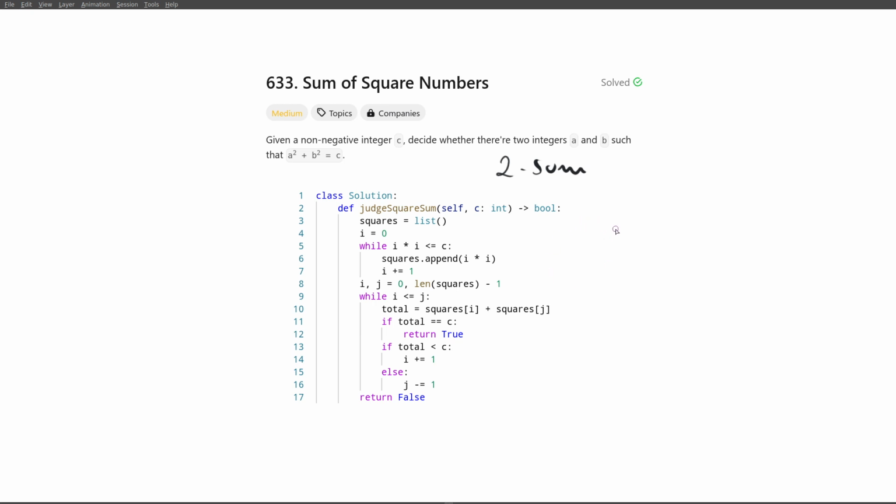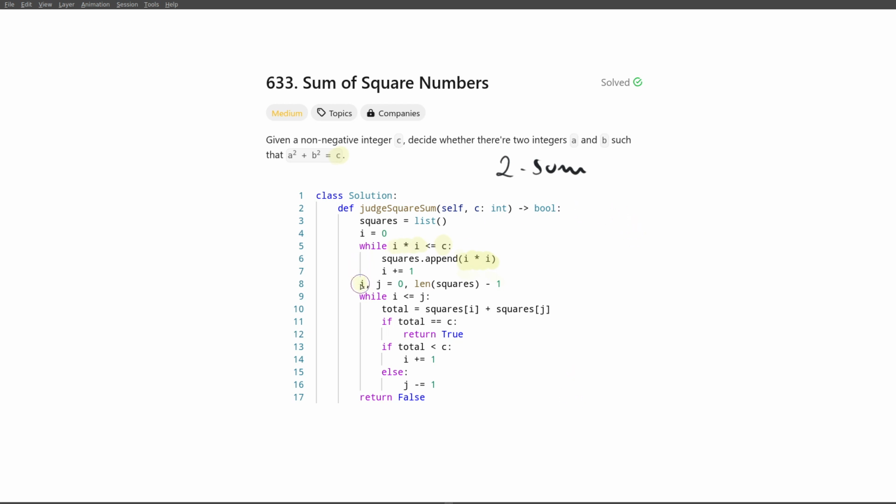And in that case, we can use our preferred method of solving this two-sum problem, which would typically be making sure that the array is sorted, in which case we have this sorted array by default, since we just created it by adding consecutive squares of consecutive values, for as long as they do not exceed the value c. And then we can utilize the fact that this array is sorted to, in linear time, find the pair of indices that sum up to our value c, or to report that such a pair doesn't exist,